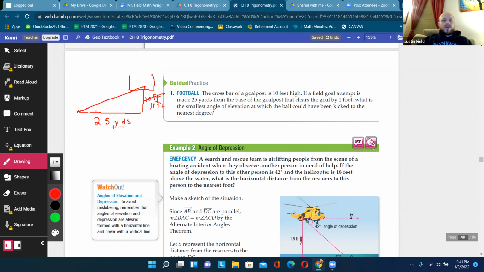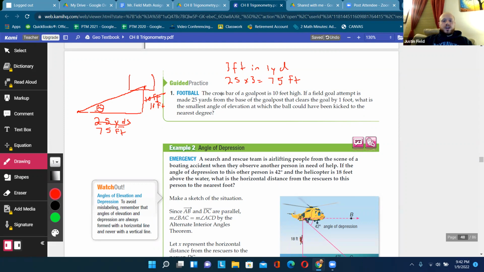So first of all, we know that there's 3 feet in 1 yard. So let's multiply that. 25 times 3 is 75 feet. All right, so that's 75 feet. So we get our units squared away. So our triangle is, and also this is interesting,